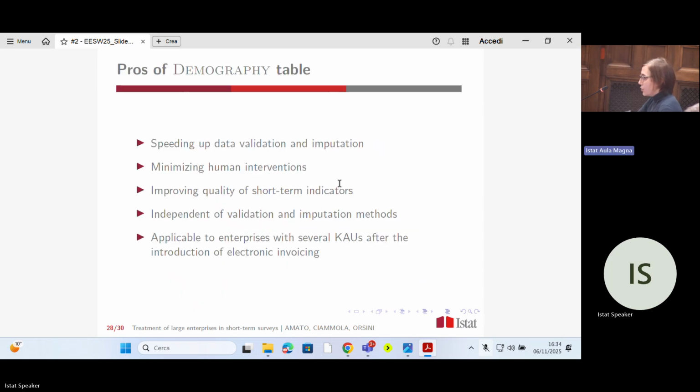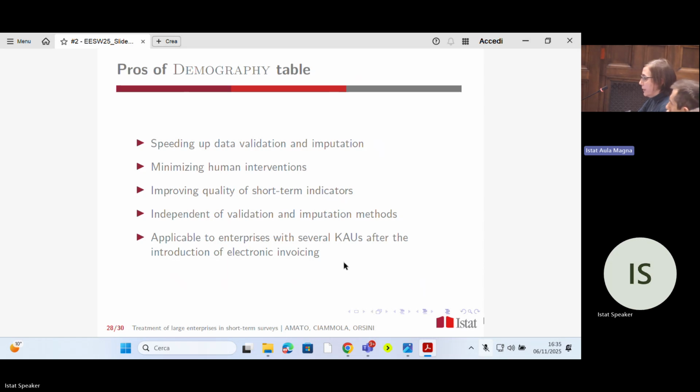To conclude, I show you some pros and cons of this tool. The main pros are the speeding up of data validation and imputation, minimizing human interventions, improving quality of short-term indicators. It is independent of validation and imputation methods used, and it can be used also when